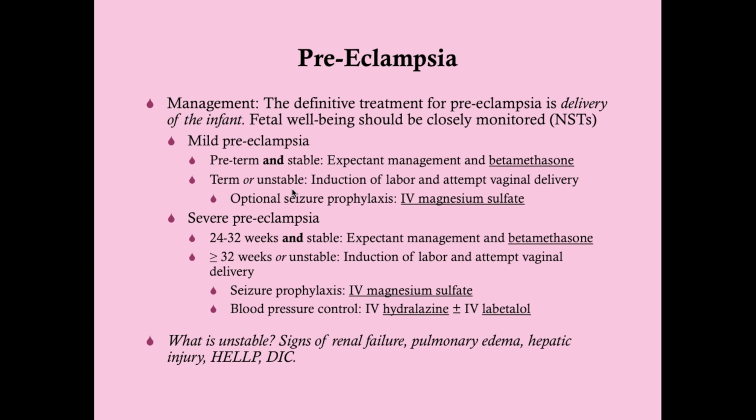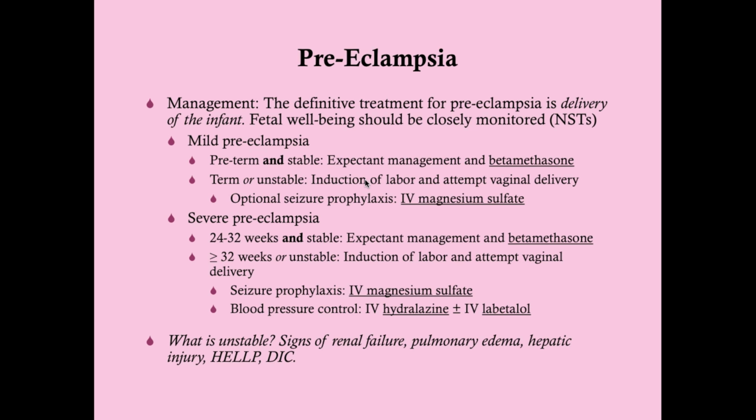Okay, if she's not stable, you need to induce labor, and you need to give her betamethasone if she's not term yet. If she's before, really it's 30, I would say 34 weeks, you're probably pretty good not giving her betamethasone. But really anything before that, you really don't know if the lungs are matured yet. If you have time to do an amniocentesis, which you probably don't, you can assess fetal lung maturity. But for test purposes, anything before 34 weeks, you should give her betamethasone to make sure that those fetal lungs are matured.